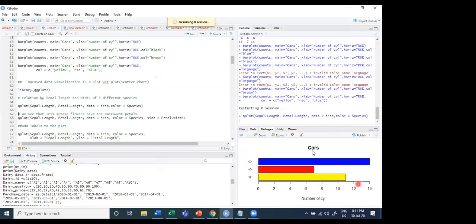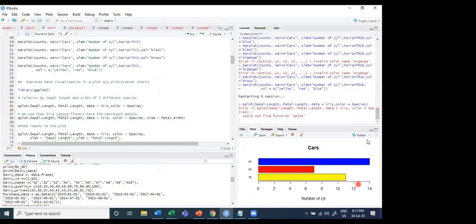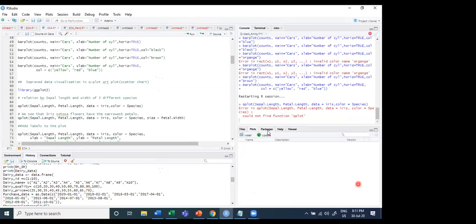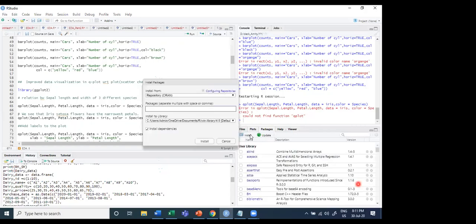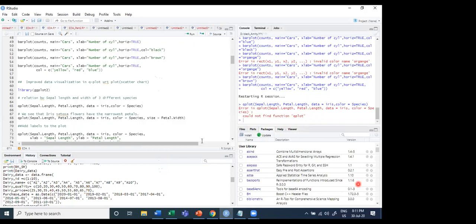You will find the fresh plot coming soon. It is taking time because we have committed one error. Okay, plot not found. So let me call the function called qplot here. So install qplot here.